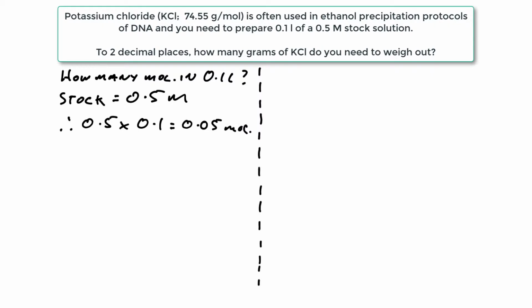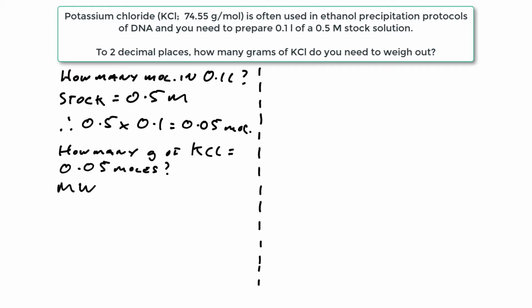Now the next question we need to ask is how many grams of potassium chloride would make up 0.05 moles. Now we know from the question that the molecular weight of potassium chloride is 74.55 grams per mole. Therefore, 1 mole of potassium chloride would weigh 74.55 grams. However, we need 0.05 moles. Therefore, we just take the 74.55 and multiply it by 0.05, and this gives us an answer of